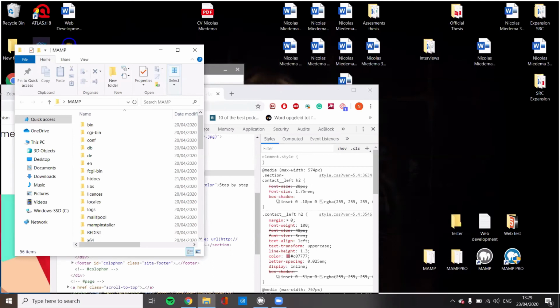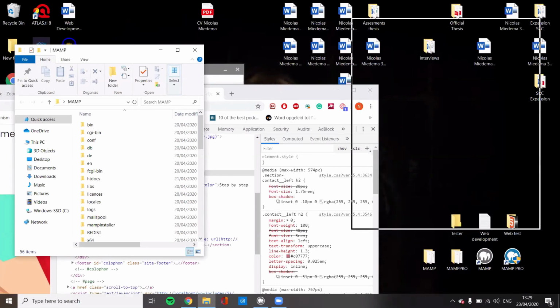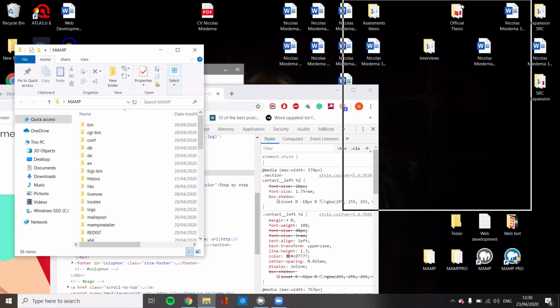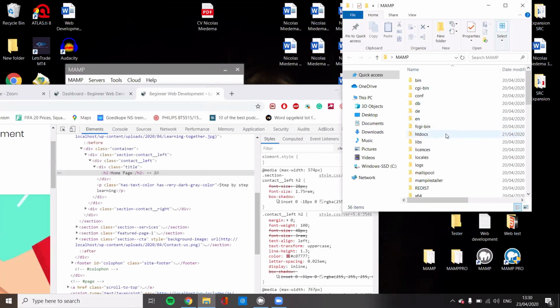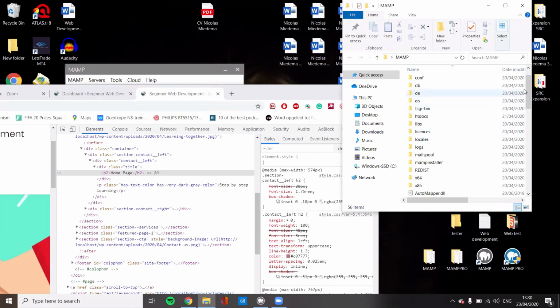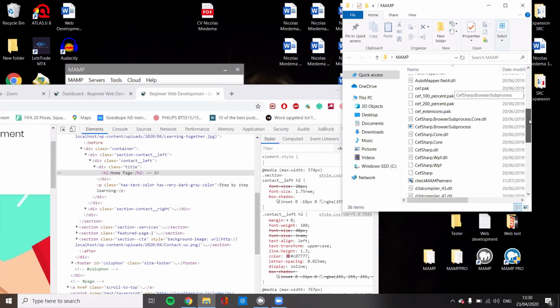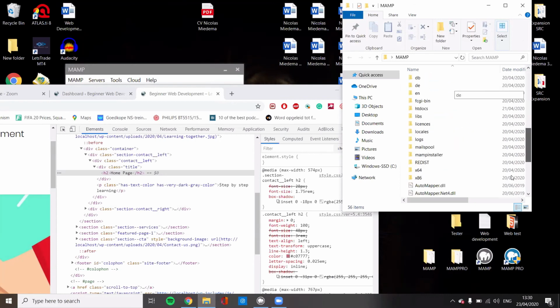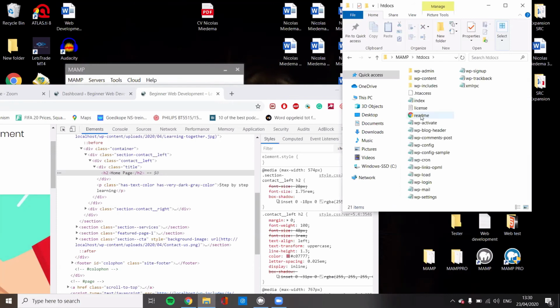I want to make it just a small window. Okay, so it was right here, and we now have to find the WordPress files. And there it is. The CSS that's responsible for WordPress is in wp-content, themes,